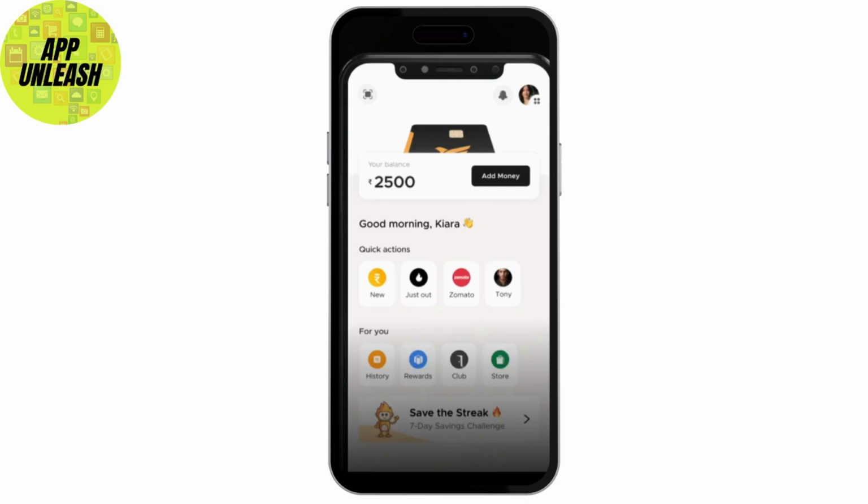Confirm the transaction details, tap on Transfer, and the money will be transferred from your Google Play balance to your Fampay account